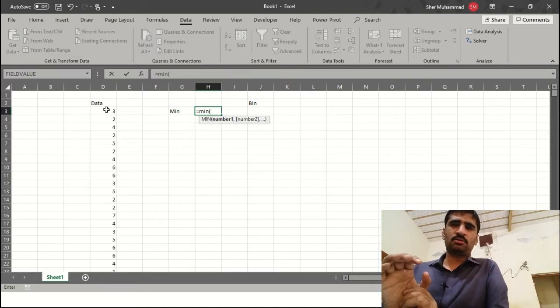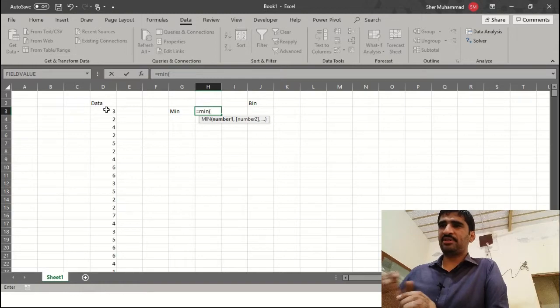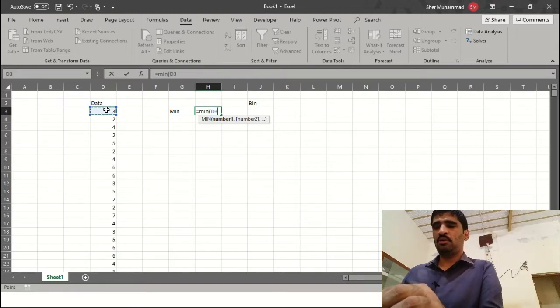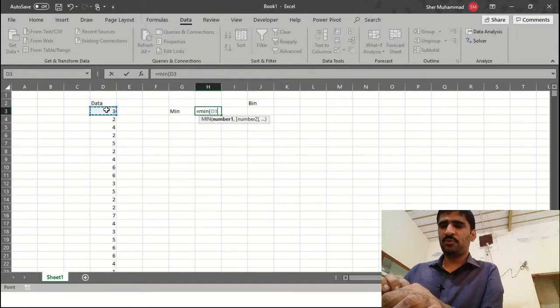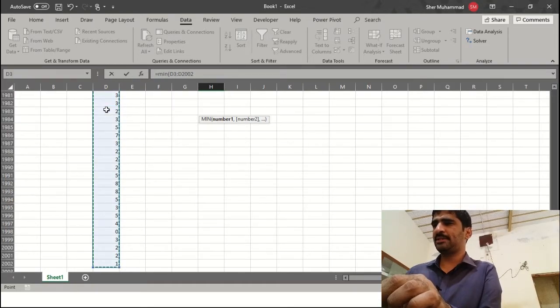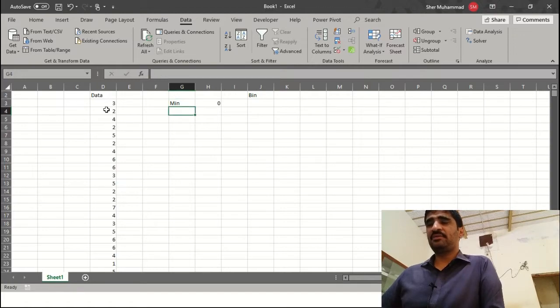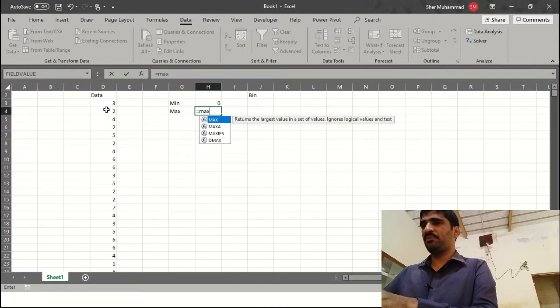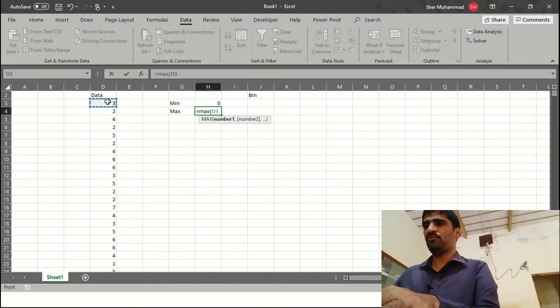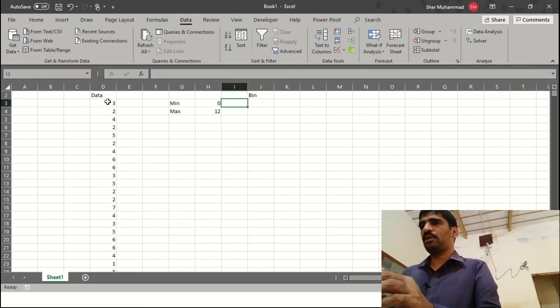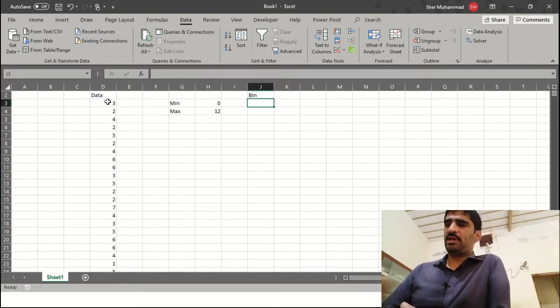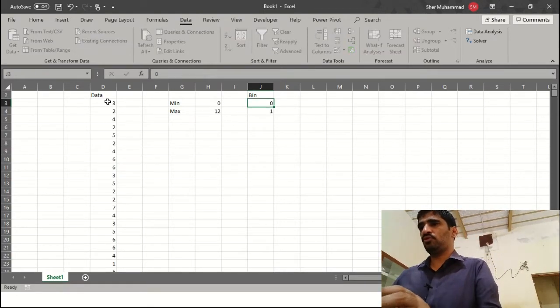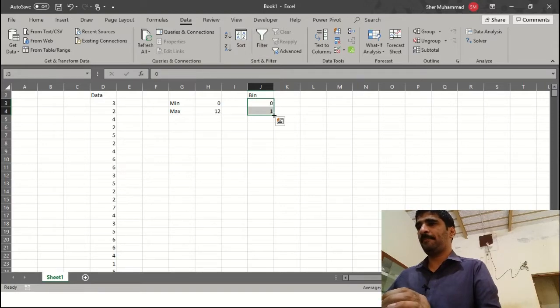To select it, I first select my first cell, then hold the Control key, then the Shift key, and hit the down arrow key, and press Enter. Now I find my minimum value is 0, and I repeat the same process for the maximum value. Now I have a minimum value of 0 and a maximum value of 12, so I have bin values up to 12.